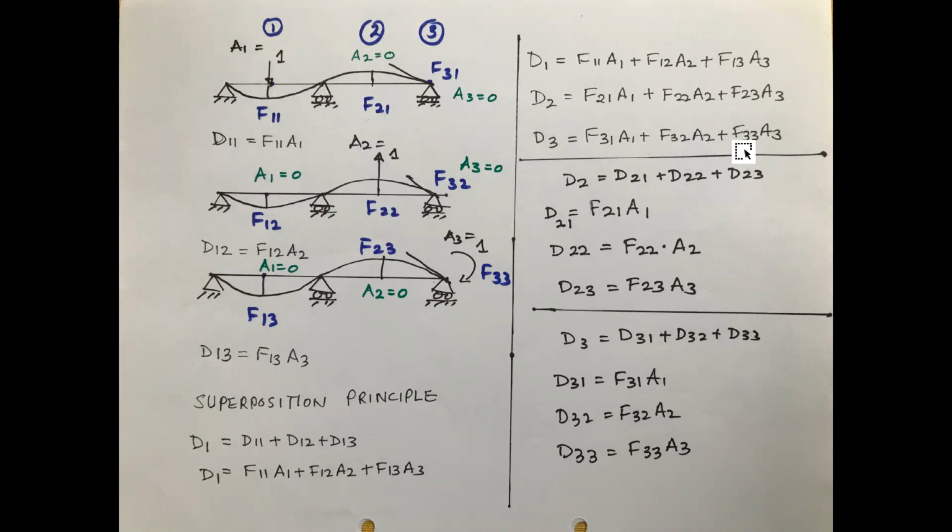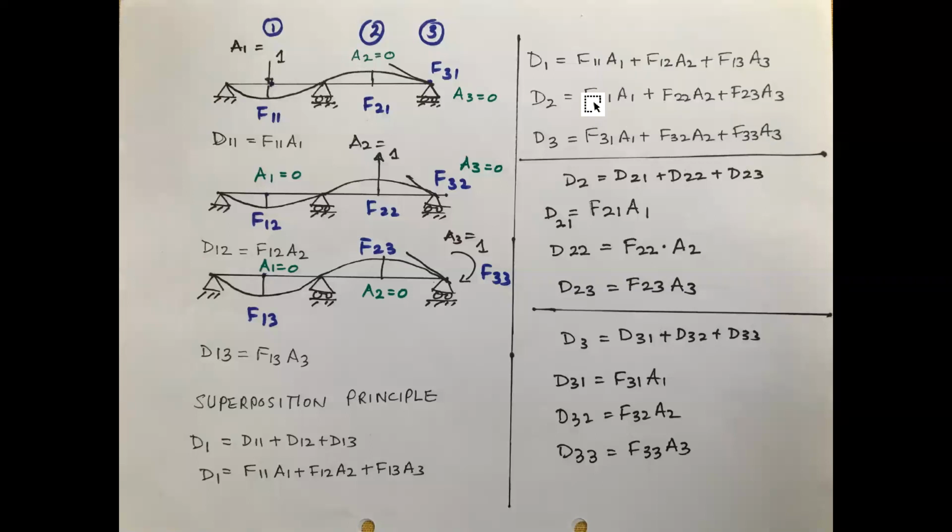It is just a concept because we have still not solved the actual problem. We still have to solve the actual problem. We still have to discuss stiffness also. This is about flexibility, how the flexibility equations are generated. The left hand side is always deflections or rotations, and the right hand side is forces. So in short, what is a flexibility coefficient? Those are the coefficients that relate the deflections and the forces. Deflections are always on the left side and the forces are always on the right side.